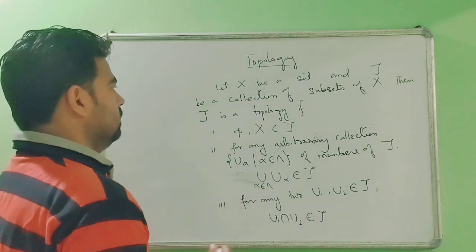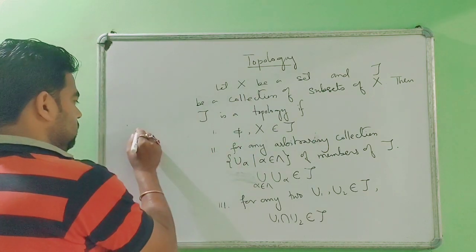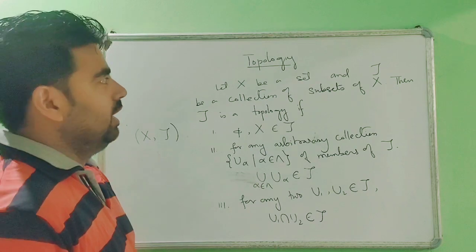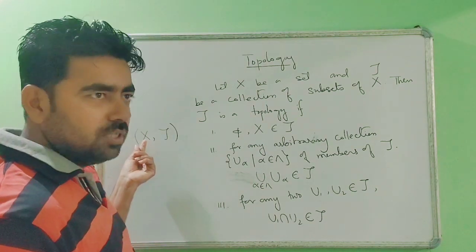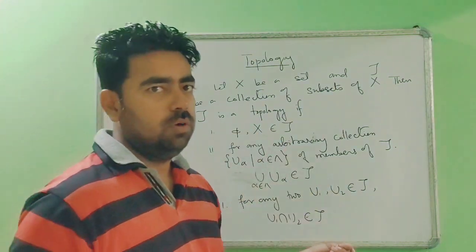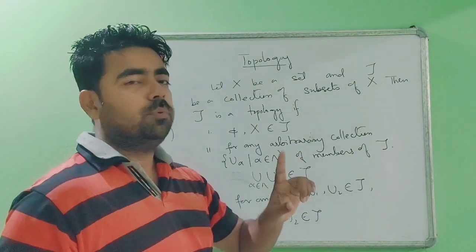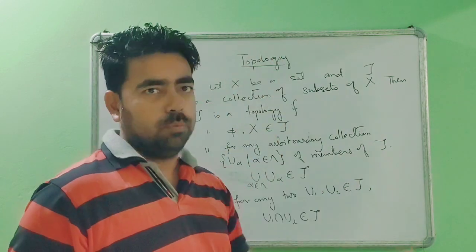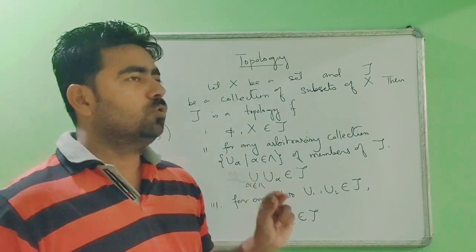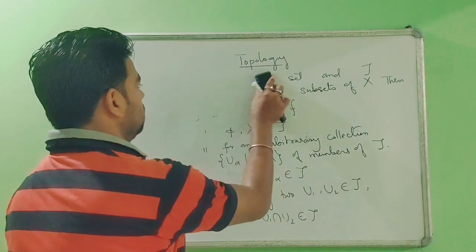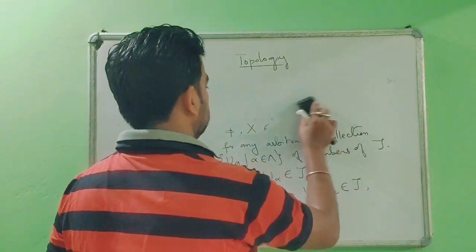And consequently the pair X comma tau is called a topological space, or you can say X is a topological space with respect to the topology tau. यहाँ पे एक बात है कि एक पर्टिकुलर सेट का एक ही टोपोलॉजी होगा वो कोई गारंटेड नहीं है, बहुत सारा टोपोलॉजी हो सकता है. ओके, तो उसमें से जो दो कॉमन टोपोलॉजी हैं वो कौन से हैं? Two common topologies are